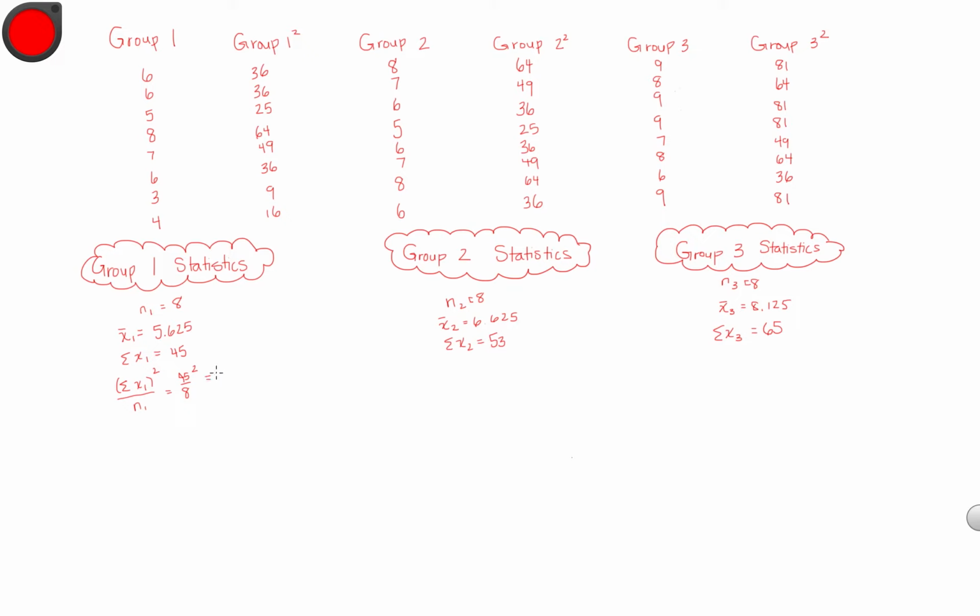And if you do this, again, it's just the two terms we already have, you're going to get 253.125. Okay, we're going to do the same thing for group 2 here, sigma x 2 squared over the sample size for group 2. We're going to get, again, 53 squared over 8, and this term here will come out to be